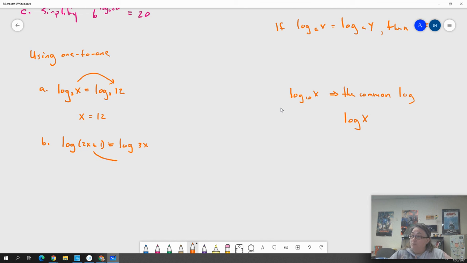So it's still 1-to-1, and we can say that 2x plus 1 equals 3x. And then we have to solve for it, right? So I can go, okay, I'm going to put all my x's on this side and all my non-x's on that side. I'm going to go, well, this is minus 1, and I get 2x equals 3x minus 1. But then I'm going to move my 3x over,